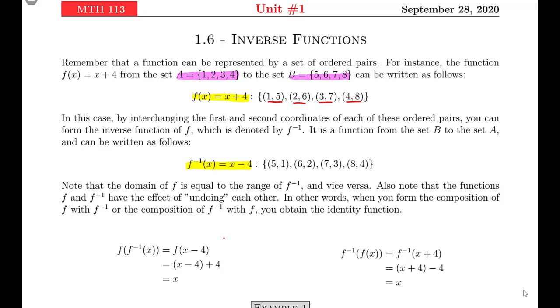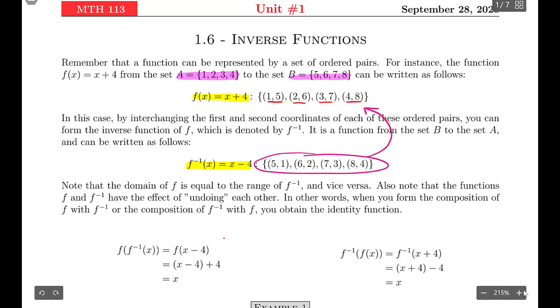But in this linear function, it does work that way. And if you look at our ordered pairs here, they are in reverse order of what we have in our given function. So what we have when we have a function and its inverse is the domain and the